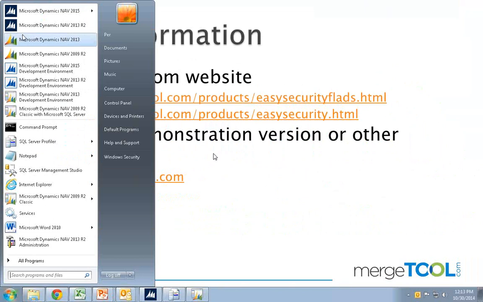As you can see, we have every version of NAV in here, and we have easy security in all of them. So it's just a question of picking the one that looks like the one you have, and then we can show the same features that you have seen today.